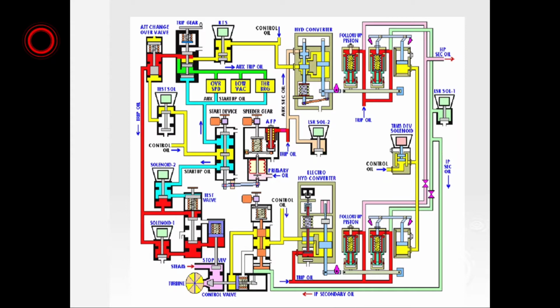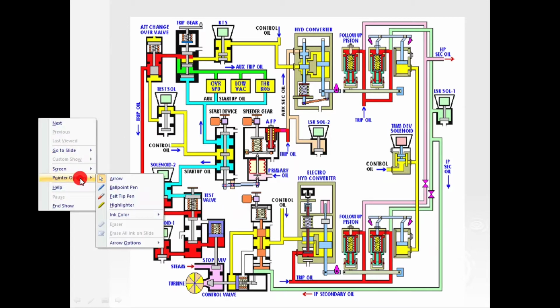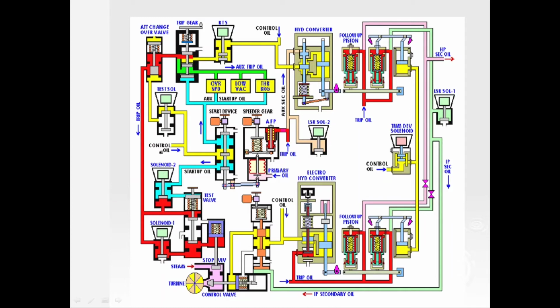So first I would like to simply cover the scheme. In the diagram you can see there is control oil. I'm just considering that we have control oil with us. Where it is coming from doesn't matter at this point. It may be from the CF system or the oil system according to the megawatt of the turbine. You can see the control oil is coming here.